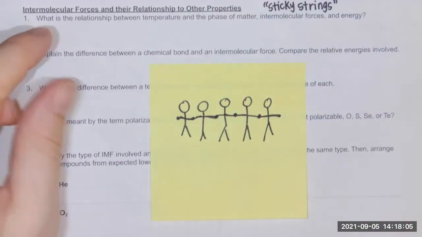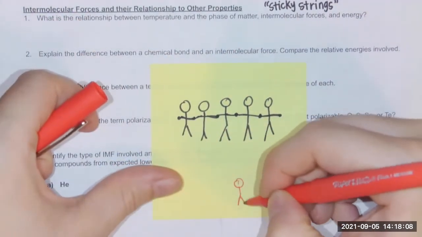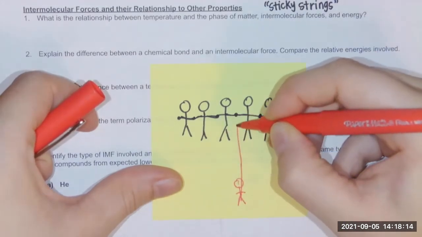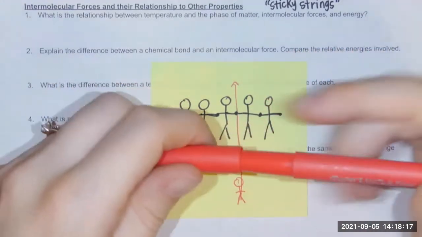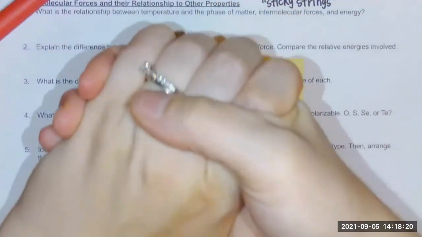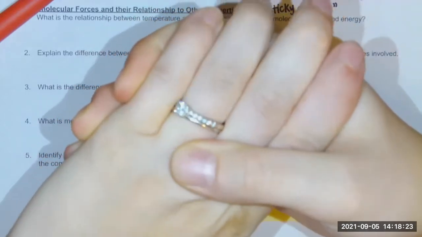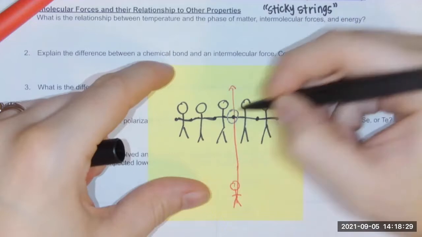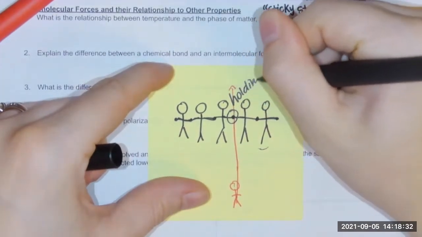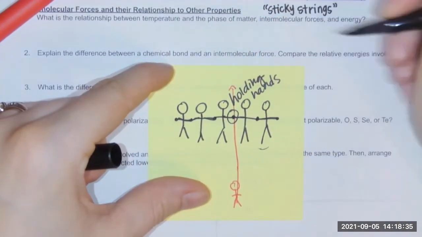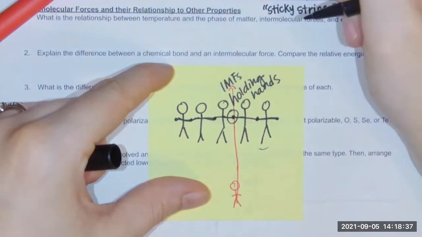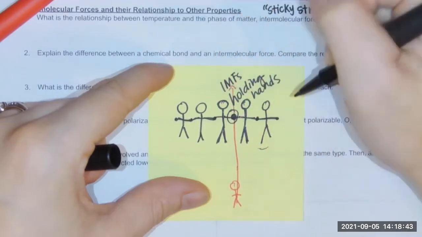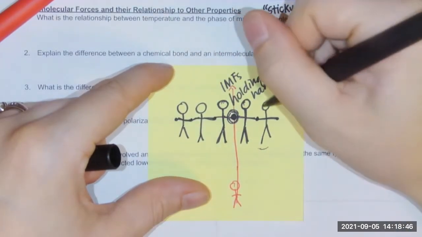And then my objective would be to run and try and pick like a weak spot. And I would try and break through to make these two people stop holding hands. They're holding hands, and then I'm trying to like get them to unlink. So holding hands is not a very strong connection. That's what I would say intermolecular forces are like. It's just an interaction between two separate people holding hands. It's pretty weak.